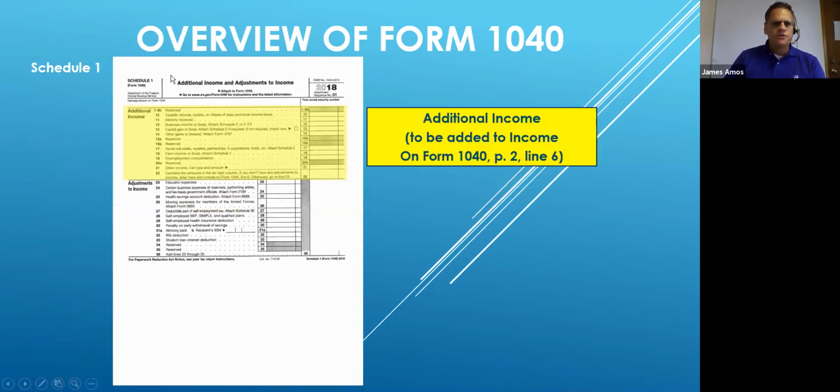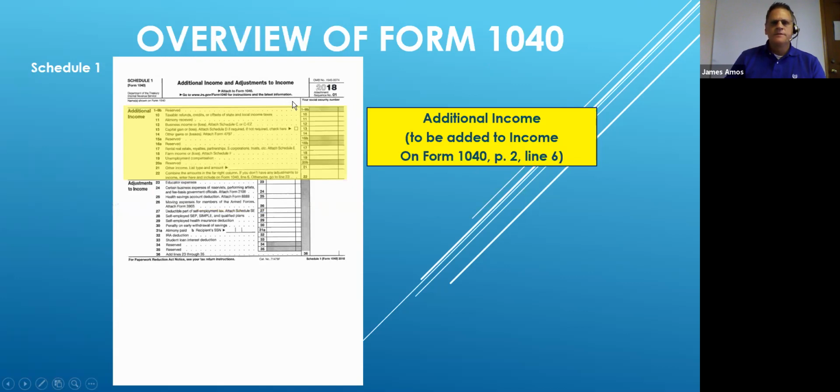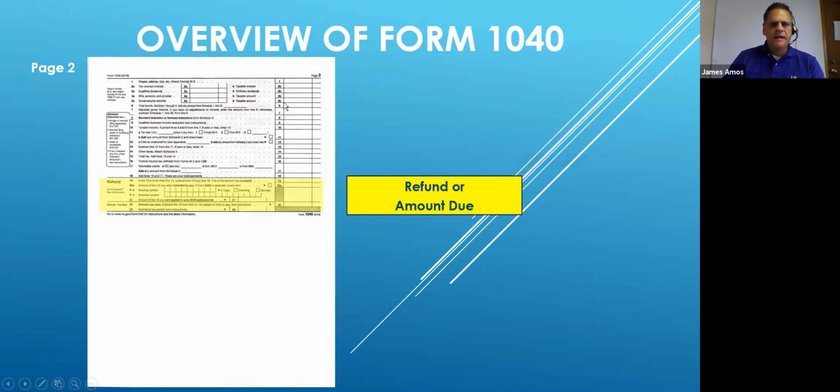Schedule 1 is used to help you calculate your income and your adjustments. This is additional income, and this amount needs to be added to the income on Form 1040, page 2, line 6. In other words, this line right there, which I'm pointing to with the mouse. Most of the income items are going to be put here, totaled, and then this total is carried over to this page,